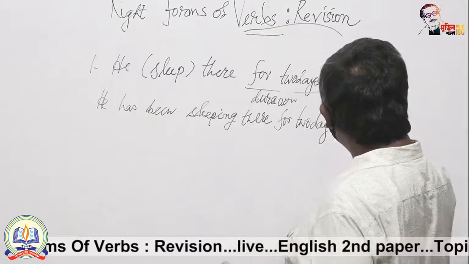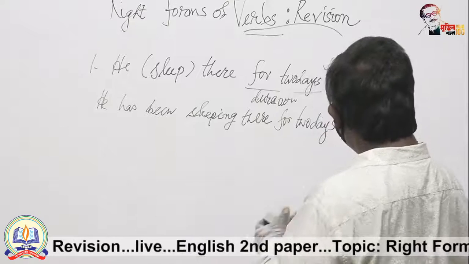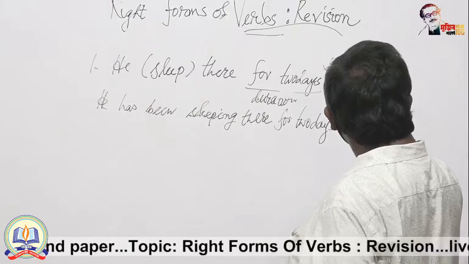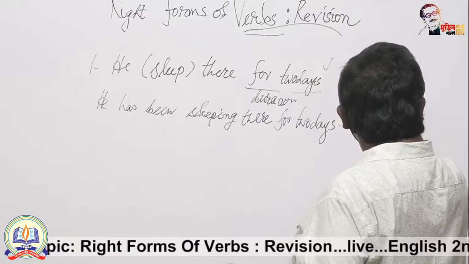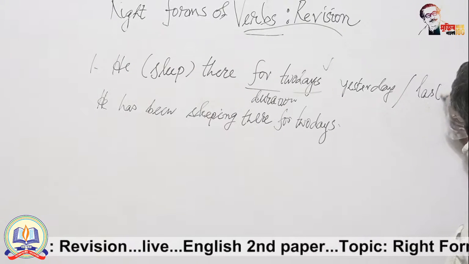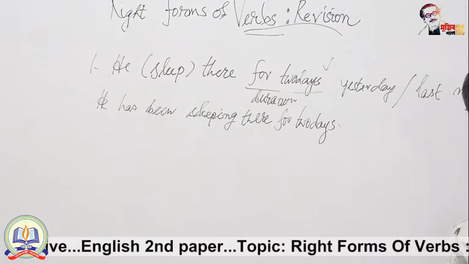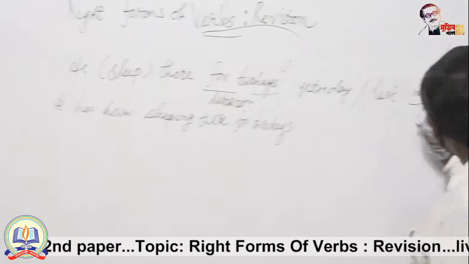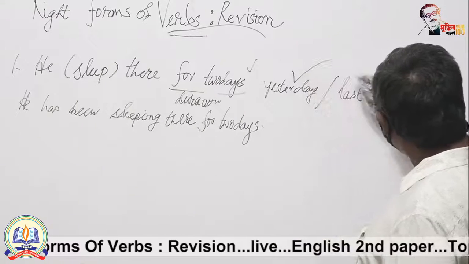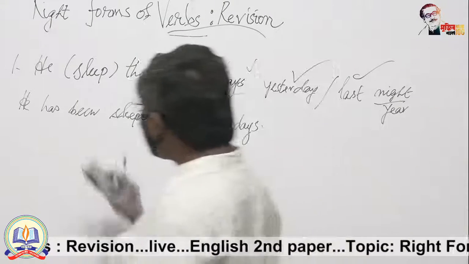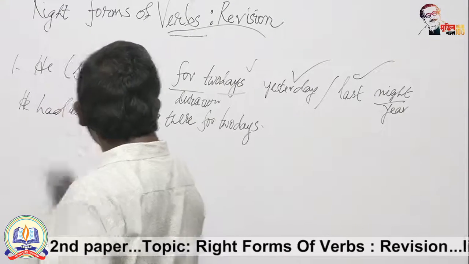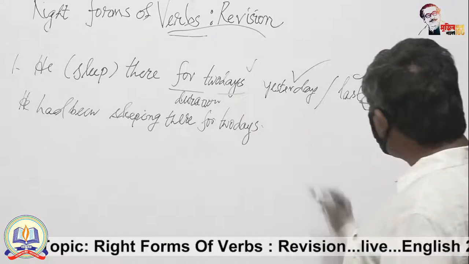If there was the use of any reference to the past, like yesterday or last night, even last year, because of the presence of yesterday or last, we would write it in the past perfect continuous tense. He had been sleeping there for 2 days